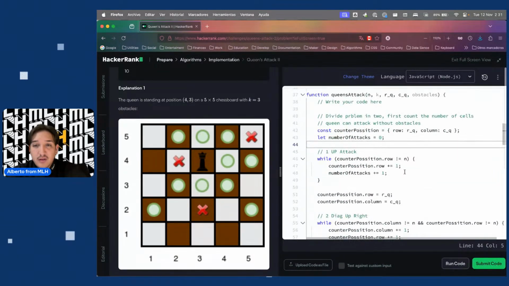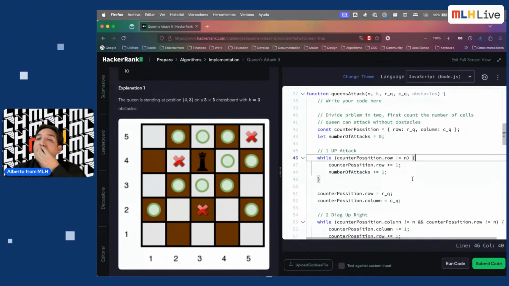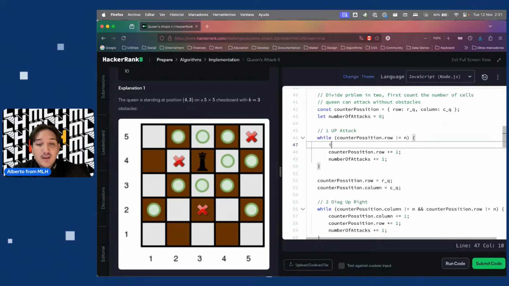So how do we do that? It's really simple. We need to start validating if